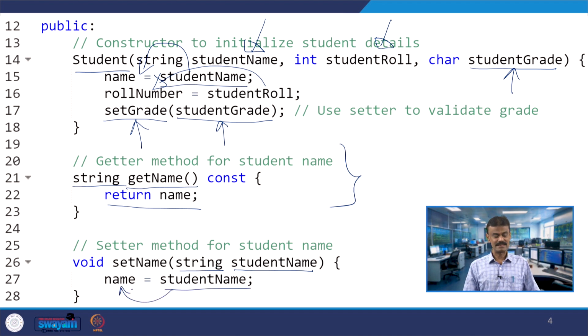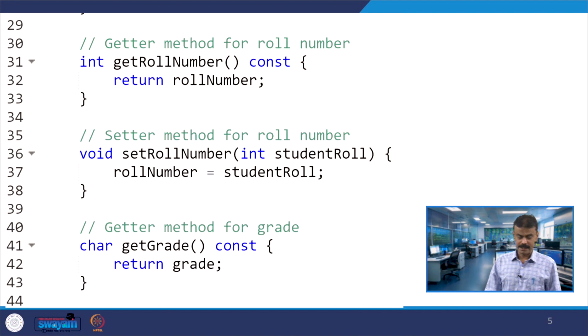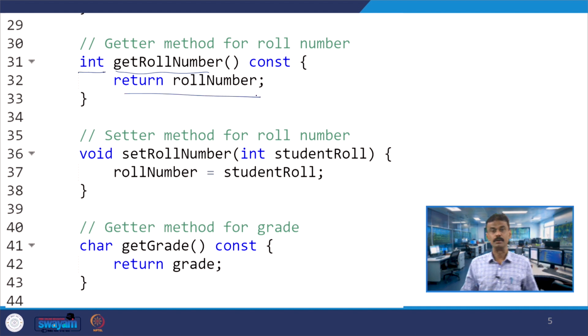Then you have another getter method, which is get roll number. So, one more getter function. You can use as many functions as you want. So, get roll number has return type integer, and it will return roll number.